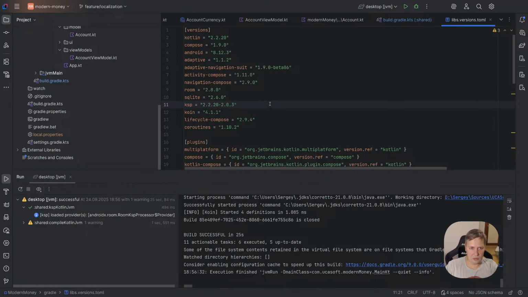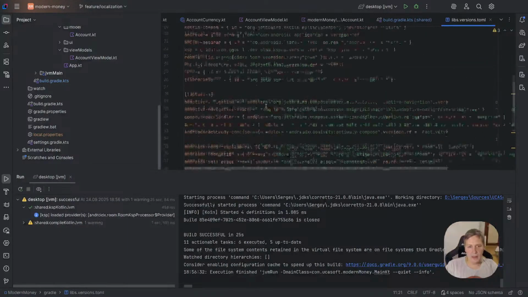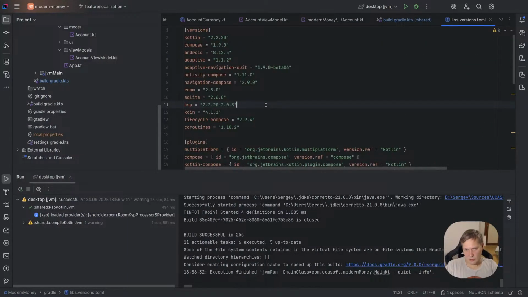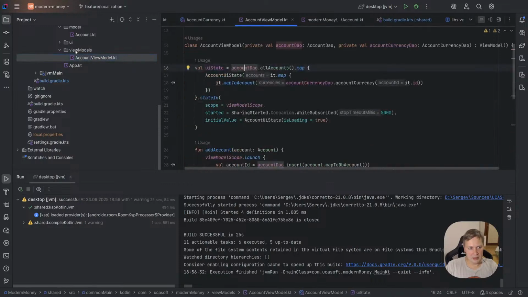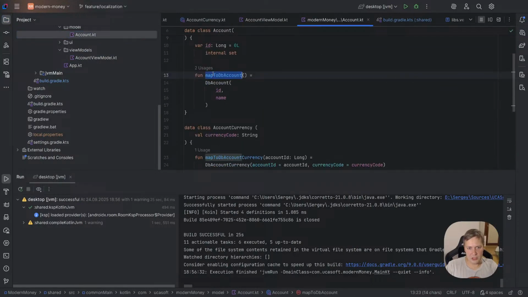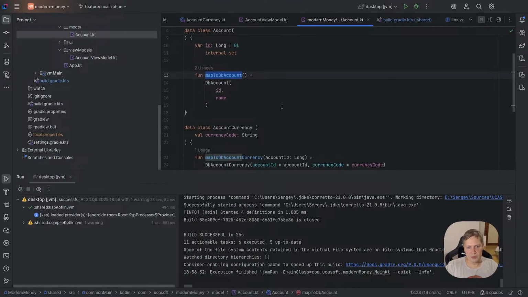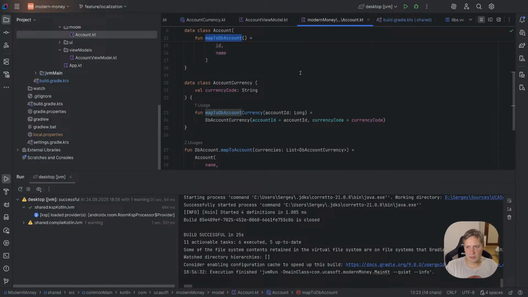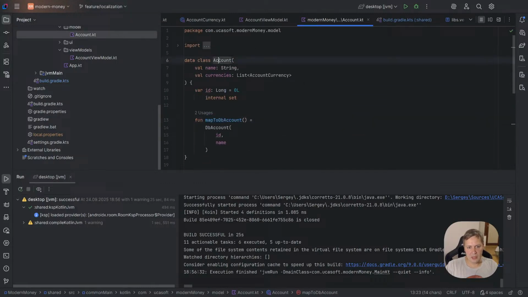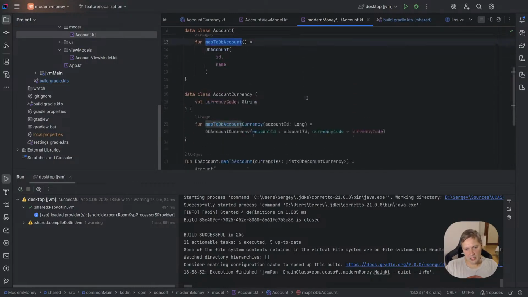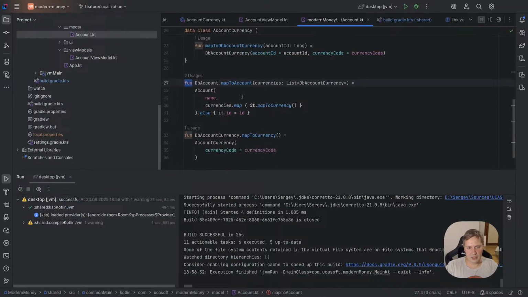That's why maybe I didn't do my homework for Modern Money fully, because I also focused on this library. And I promise I will run a stream when we replace this ugly function with beautiful mapping through the Kotlin Object Multiplatform Mapper library. Anyway, we convert from this account to DB account, but we also create an extension function for DB account to convert it to the application account,